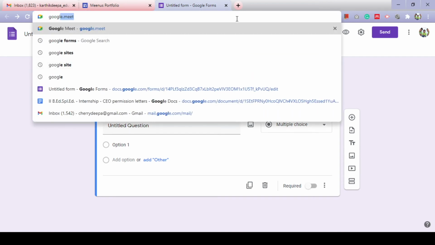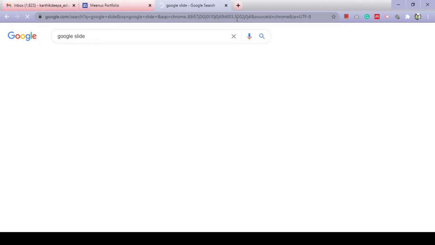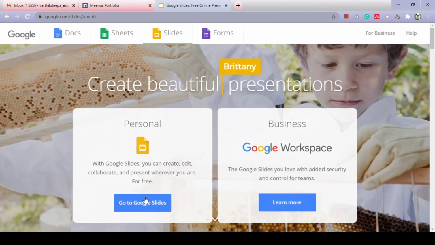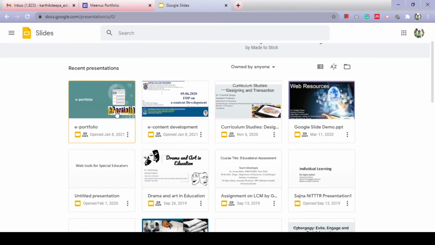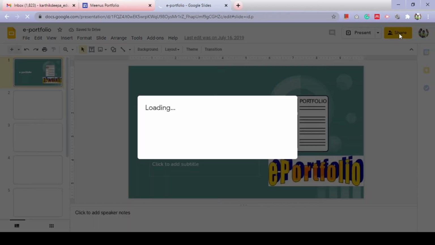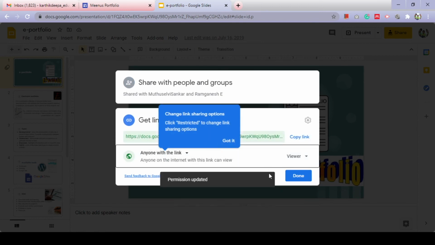Again, if you want to add Google Slides, right? You have developed some slides and you want to share them with your teacher or upload them to your website. Just go to Google Slides. There may be pages you have created. See, there are pages. So you click on that and share it. Get the shareable link. Copy the link and done.